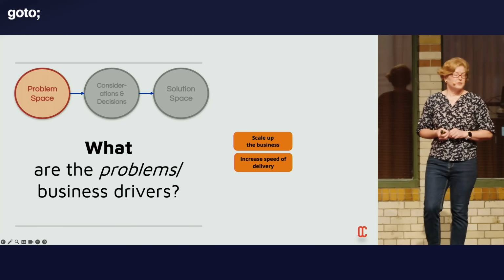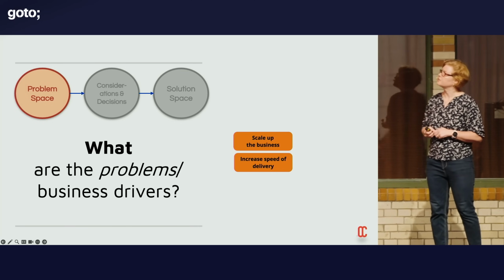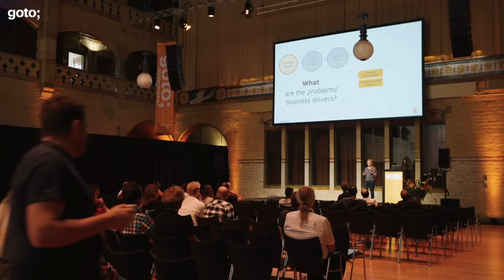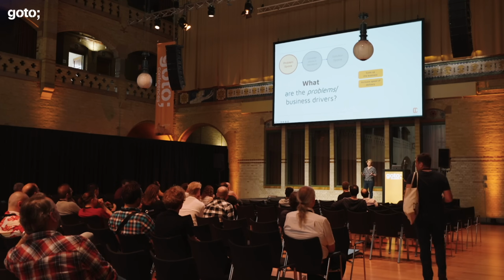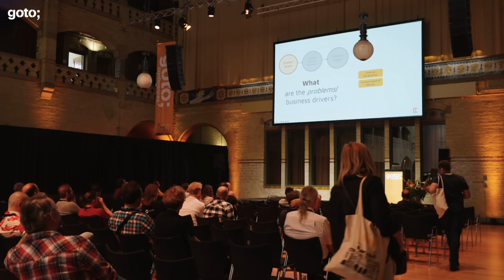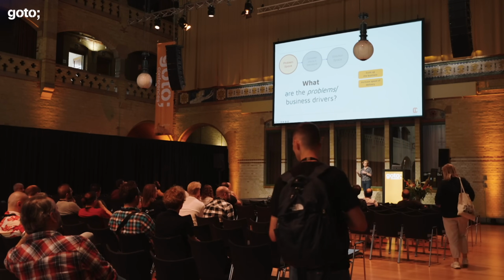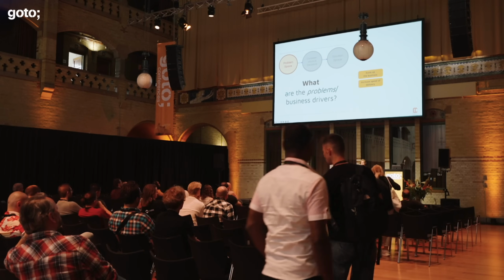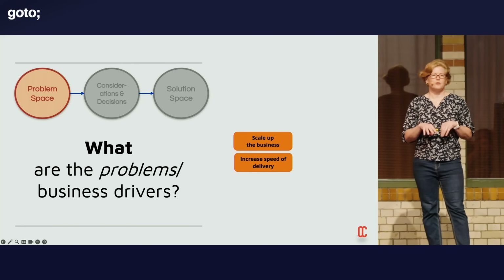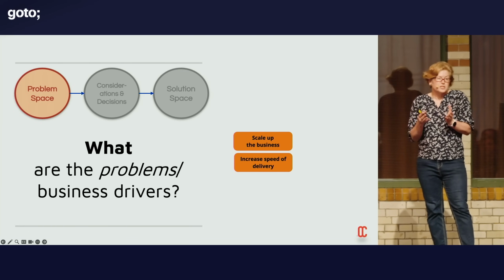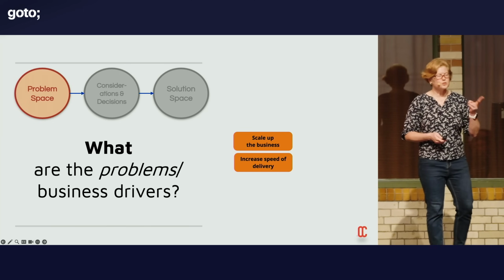So there's two main drivers that typically come up from a business perspective, when platform engineering is involved. And the first one is really that businesses are looking to scale. So they might start out small with maybe tens of developers, but then they get to the point where they need hundreds or thousands of developers and multiple teams to actually deliver whatever product it is that they're building. In conjunction with this, they're often looking to increase the speed of the delivery. And this is because, from a competitive perspective, this is naturally something that is going to be required in order for businesses to survive. So those are two main things.